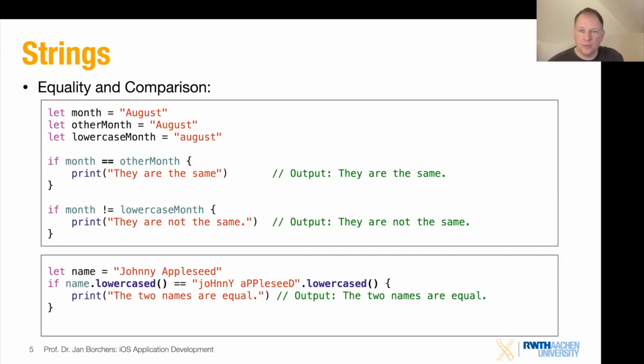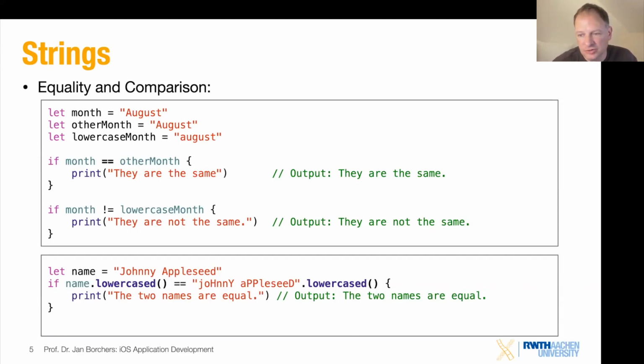If you want to find out whether the lowercase version of a string is the same as the lowercase version of another one, you can just do that by calling the lowercase member method of the string type. And here you notice there are round parentheses around it. So we've got a name here, and if we call name.lowercase parentheses, that returns another string which contains the original one in all lowercase. No matter how you capitalize the thing that goes in, lowercase will give you the lowercase version out, and so they compare as equal. So far, so good. This is easy stuff.